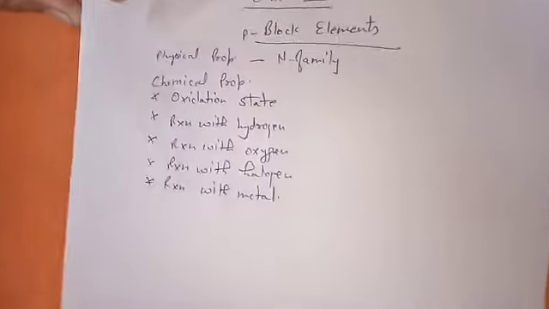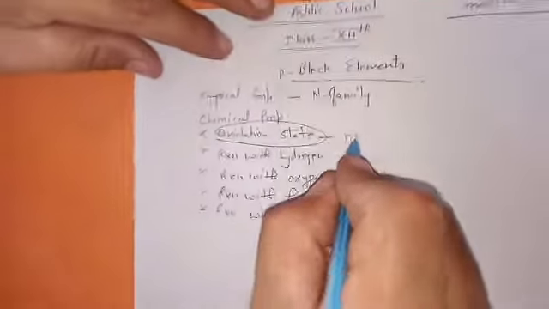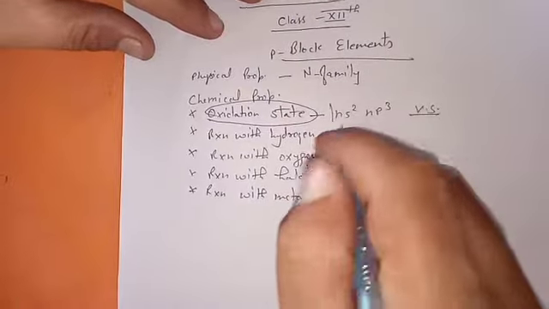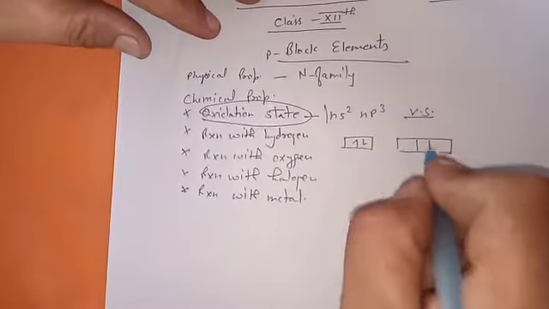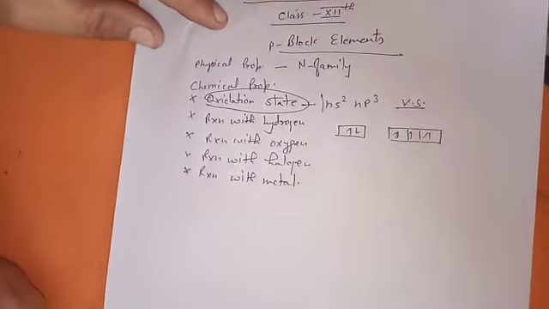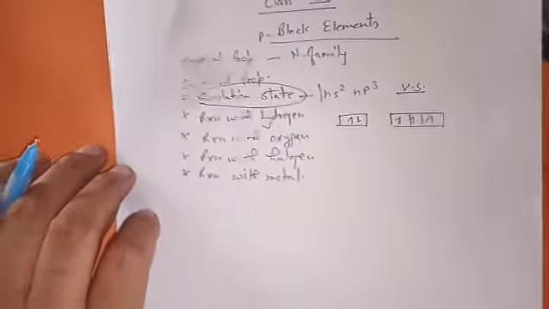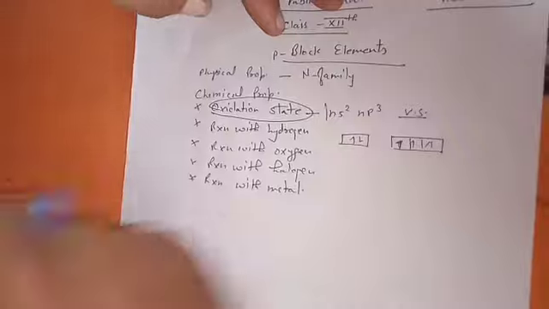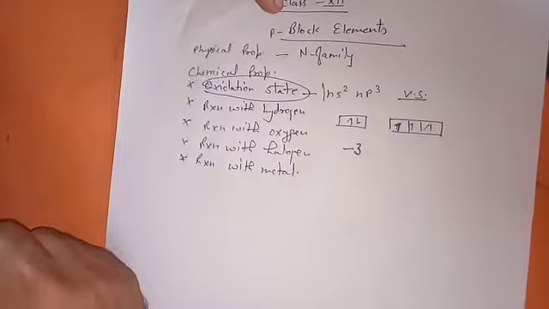Okay, I am starting from the first one, that is the oxidation state. I told you to first go for the general electronic configuration. You know that it is ns2 np3. This is the valence shell electronic configuration. If we draw the orbital diagram, this will be the electronic arrangement. If we talk about the gaining of electrons, meaning the negative oxidation state these elements can show, we know that 3 electrons can be accommodated by them. That's why -3 is the more readily shown oxidation state.